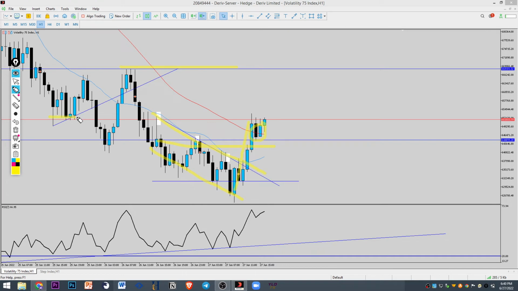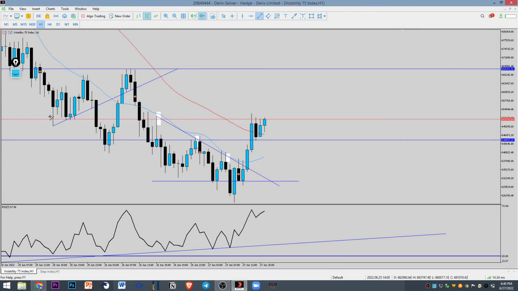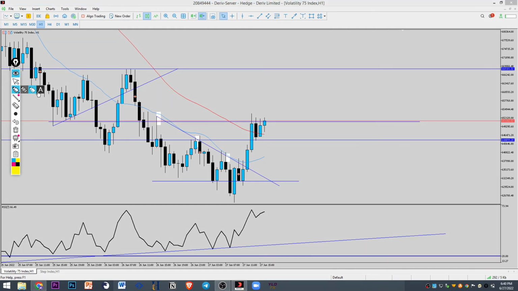Also, what we could have seen, this is a previous area of resistance. As you could see right now, price is starting to reject this area. So what you can do, for those who are just getting this video, is wait for price to close above this region. Let me just fix this so you can see price reject this area. If price closes above this region here at 651, close above, retest,